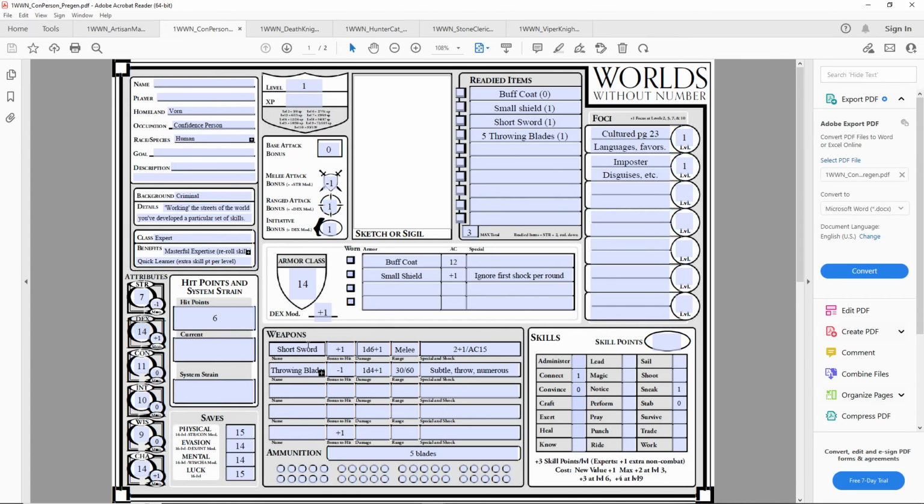Never mind. Because they have a decent Dex, they can still fight okay with a short sword, because a short sword can use dexterity. They have throwing blades. Unfortunately, they don't have a shoot skill, so ranged is actually a penalty offset by their dexterity. And then for the focus picks here, we went with cultured and imposter. So the idea there is